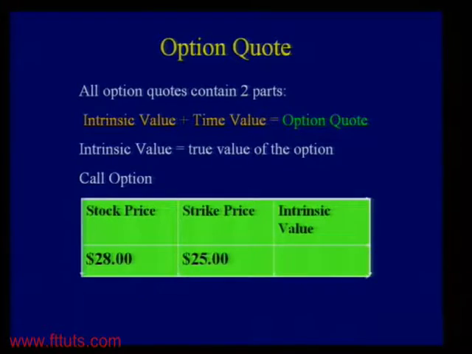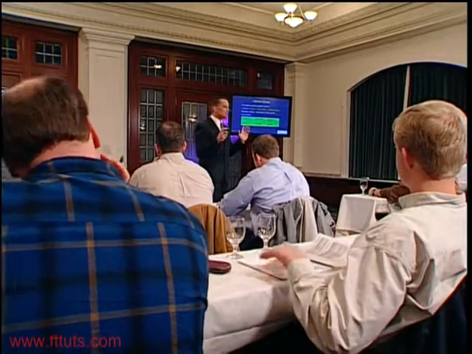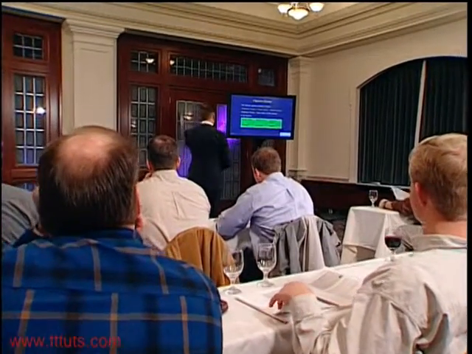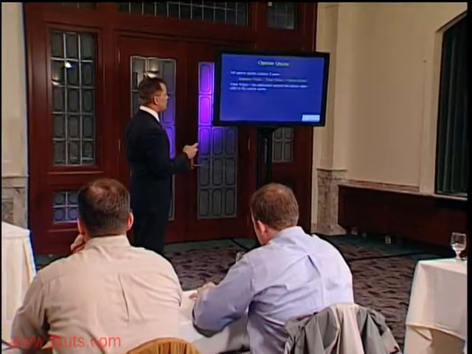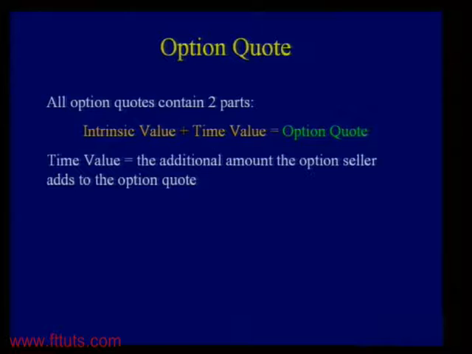Next, if we have the stock price, let's take a look at this. The stock price is $28 a share, and we were to buy the $25 strike price. Again, do the math. 28 minus 25. The intrinsic value is 3. All right, that's it. It's the cost of the option. That's the intrinsic value. Now, on top of that, once we know intrinsic value, the intrinsic value plus time value